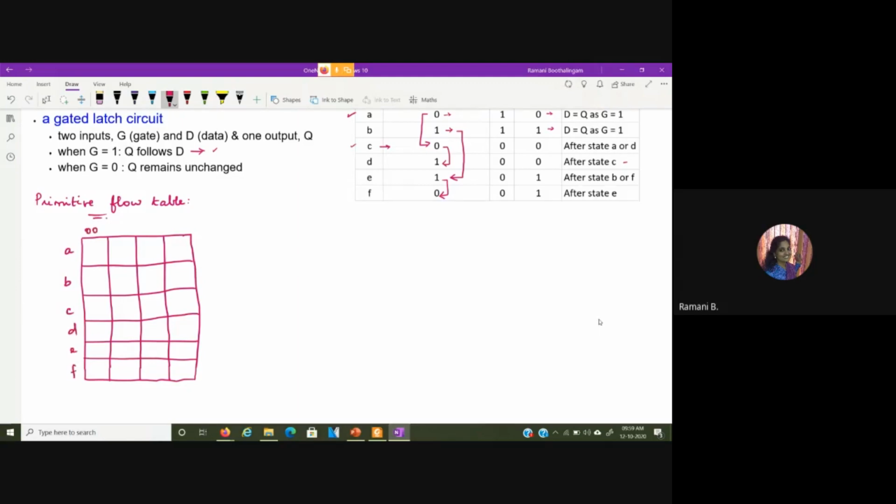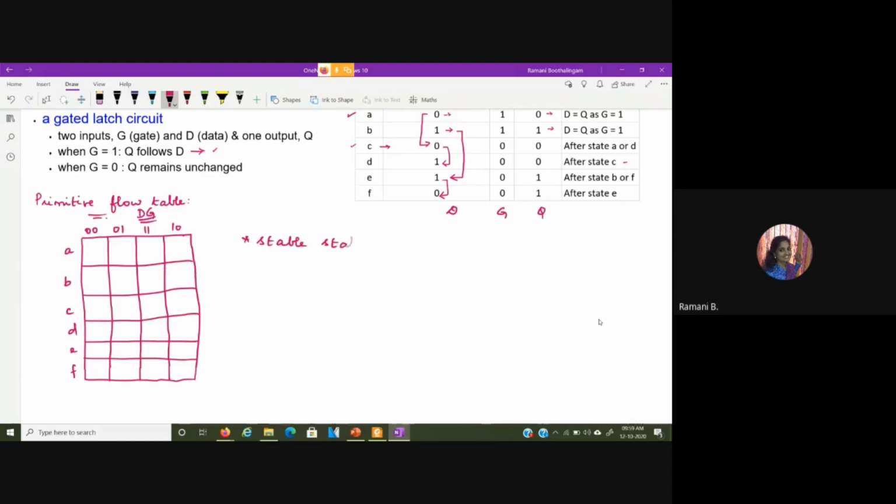And here we are going to have the inputs D and G. Now from this table, we are going to fill this primitive flow table. So this is our D and this is our G, this is our Q. Initially for the corresponding states mentioned over here, for this particular input condition, this is your output. So we mark those as the stable states. That is the first step.